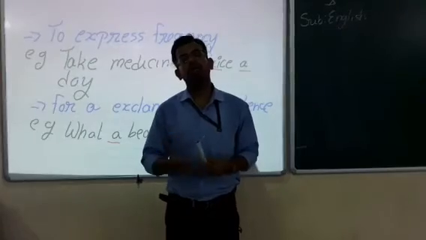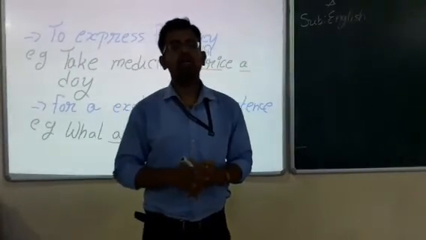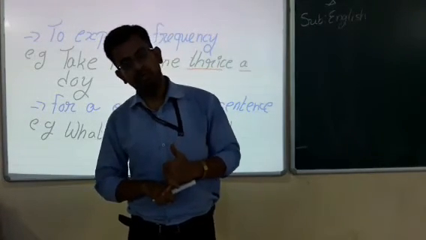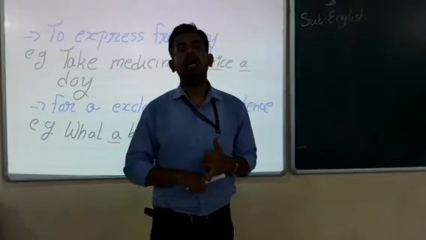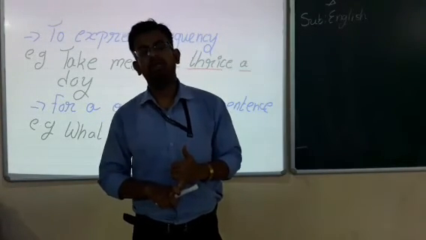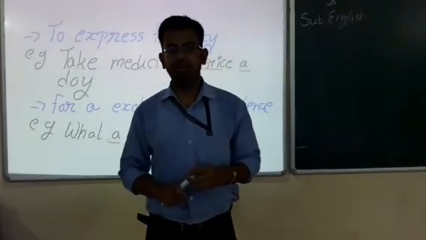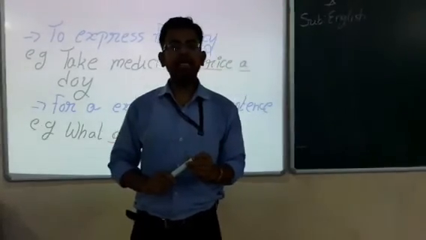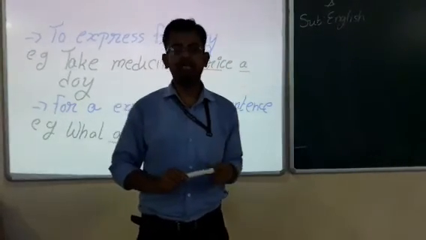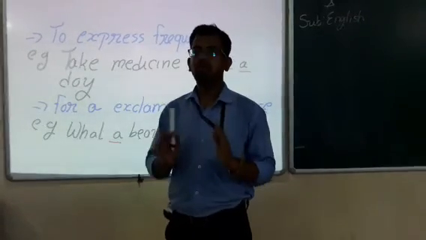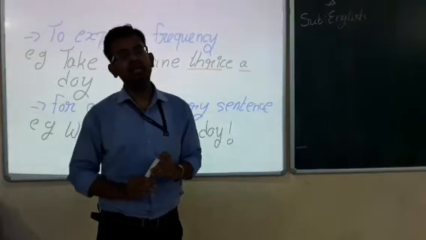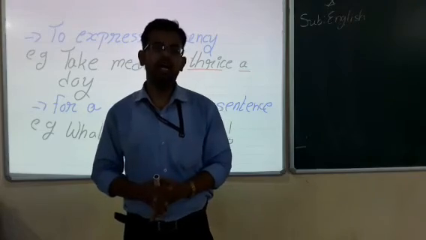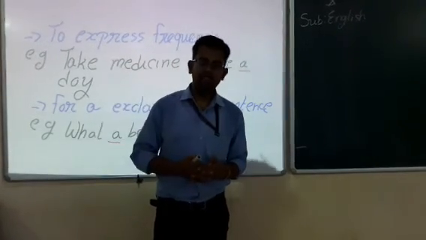So students, today's class we can finish here. We had discussed in today's class what determiners are and what the kinds of determiners are. Then we started with the first determiner, that is article. Again article was divided into two parts: definite article and indefinite article. So by today's class we have finished indefinite article, and in the next class we will start from definite article and carry on with the chapter.